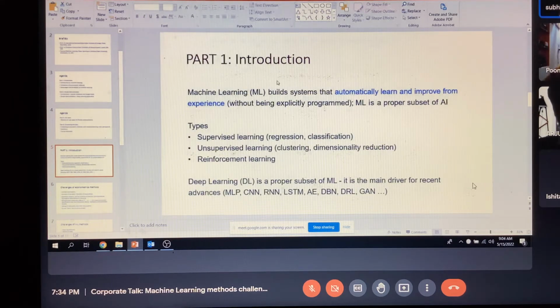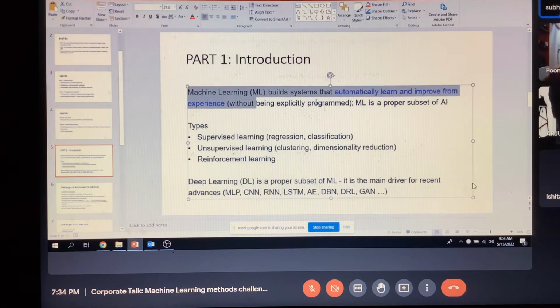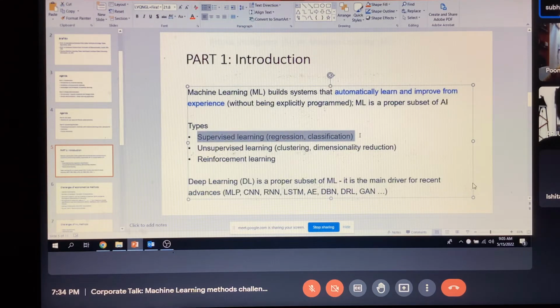Okay, fine. Just in case, I mentioned machine learning, what it is: a proper subset of AI. More importantly, it automatically learns and improves from experience. These are the types I mentioned: supervised, regression versus classification. They are called supervised because they have labels. I mentioned unsupervised because there are no labels, no ground truth. Examples I gave: clustering, and dimensional reduction. Then I discussed reinforcement, the robot thing, and whether it works through a maze. And I mentioned algorithmic trading as an example of reinforcement learning.